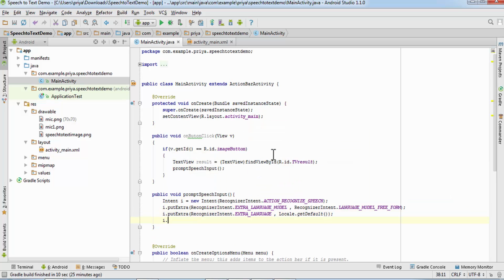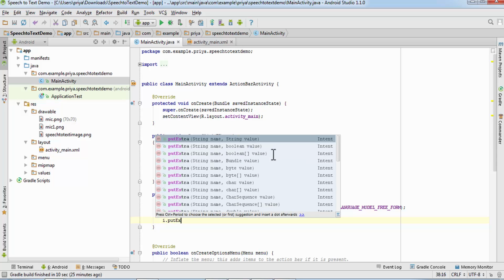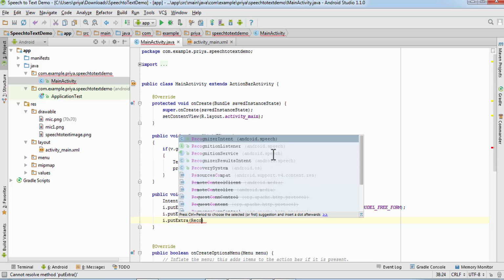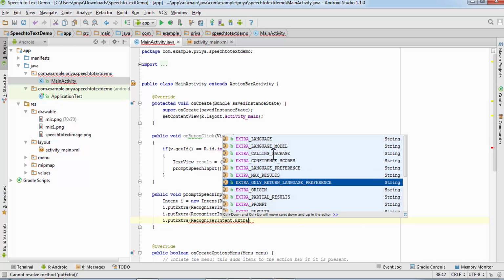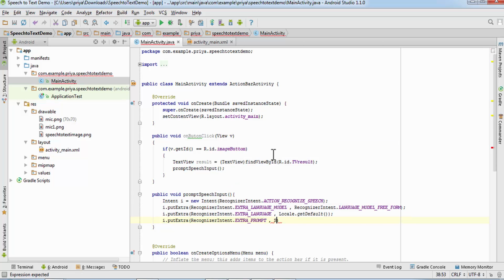And the last one is i.putExtra, RecognizerIntent.EXTRA_PROMPT, comma, I'm going to insert one string value, let's say something like this.